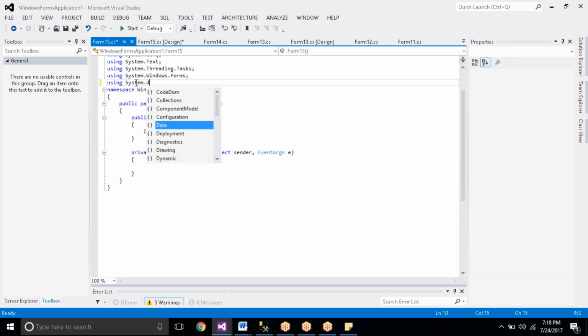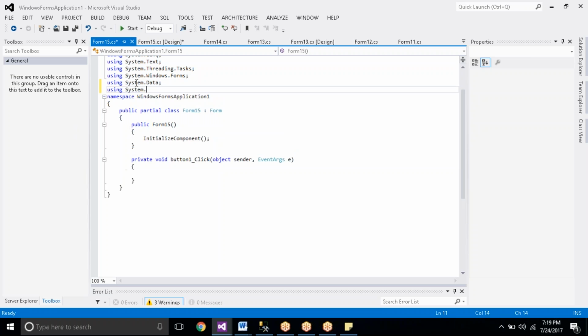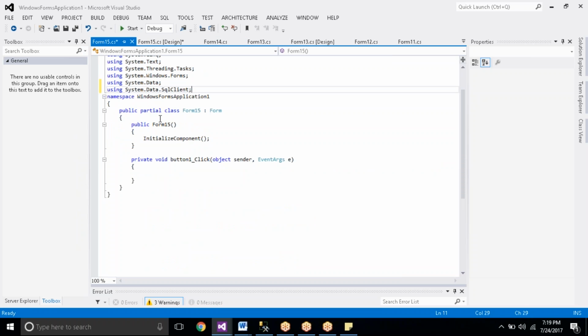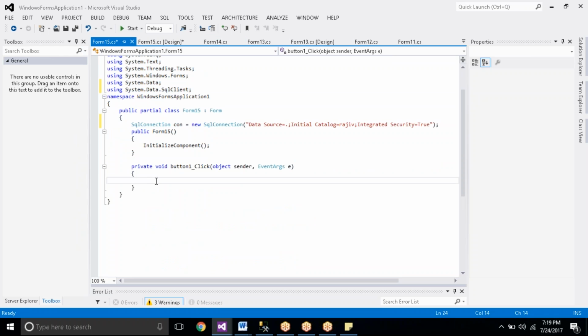Here I'm using System.Data and System.Data.SqlClient. Now, again we are using the same namespace, right? We are using the same connection string. That is, SqlConnection con = new SqlConnection of something. Now, what is the query? Tell me, all of you. String s = select count of star from, which is the table? Login. The username is equal to, here can I take p1 as of now?